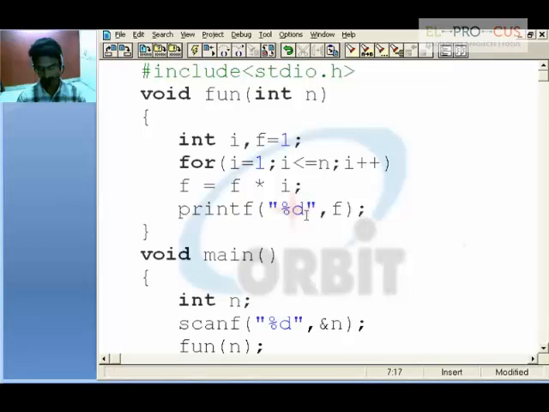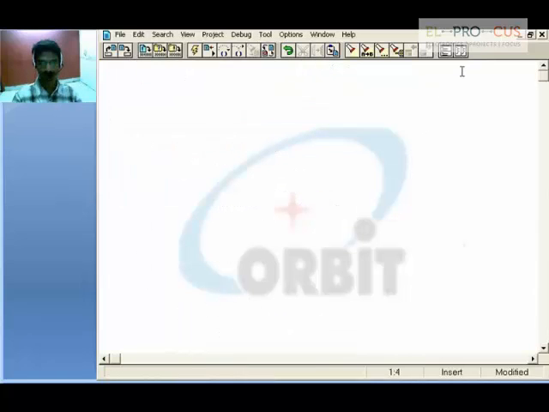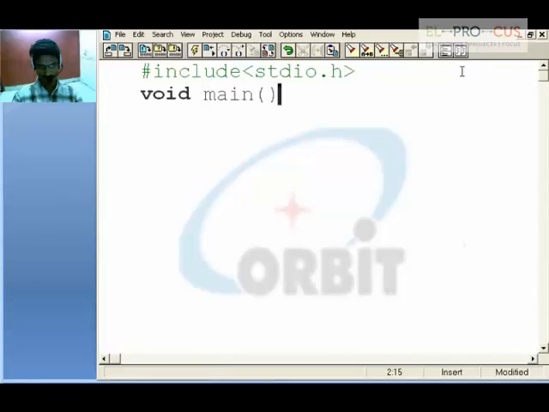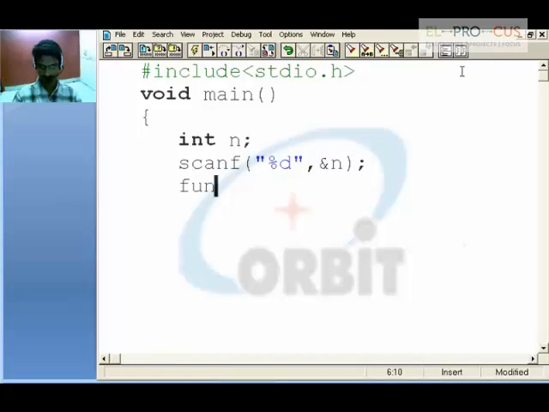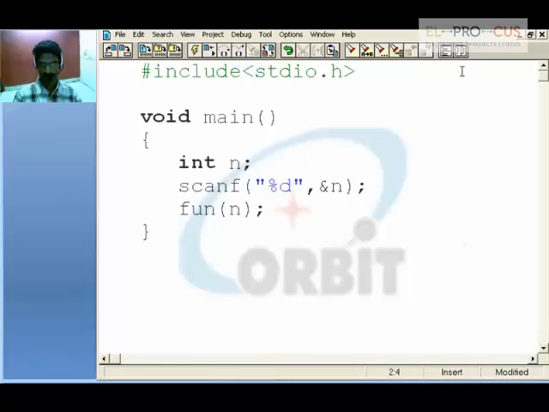Now we'll go for another similar program by using functions which prints the table for the given value. Void main, in which I'll receive the number, scanf %d comma ampersand n. So simply call the function and pass n. In that particular function, because it returns nothing, receive the variable n and use another variable i equal to 1,